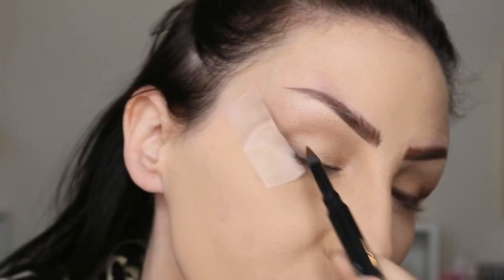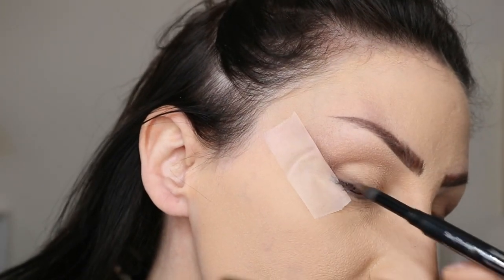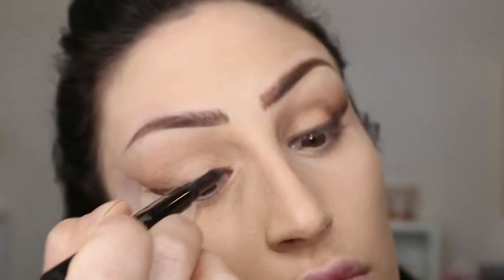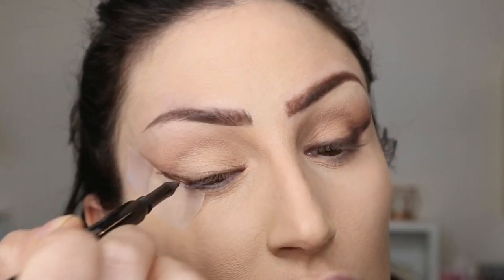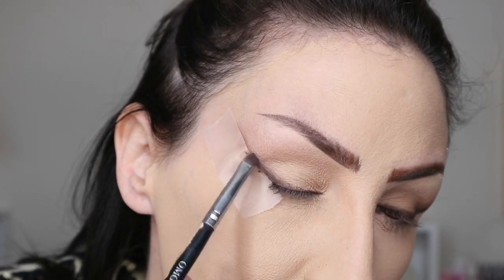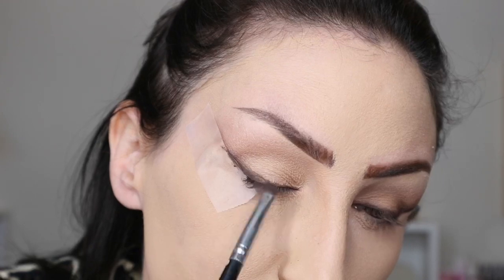Then I'm going to take this brown shade, and it's a liner, but it turns into a powder by Buxom. And I didn't want a really, really sharp eyeliner, which is why I'm using this because it's nice and powdery. Then I'm taking the deepest shade in that palette, and I'm going to start just buffing it in on top